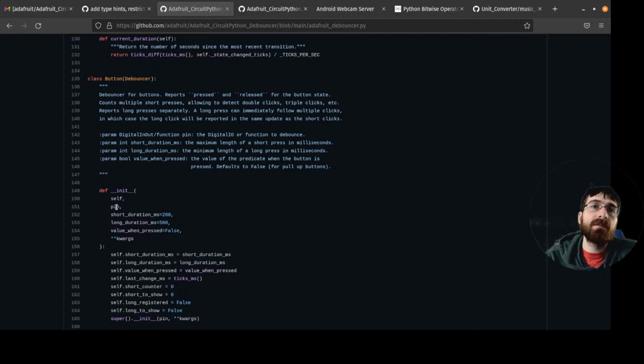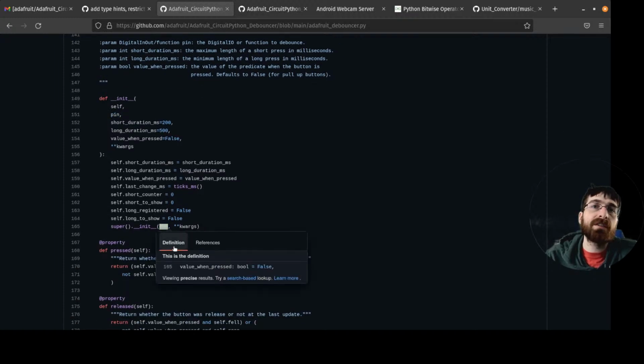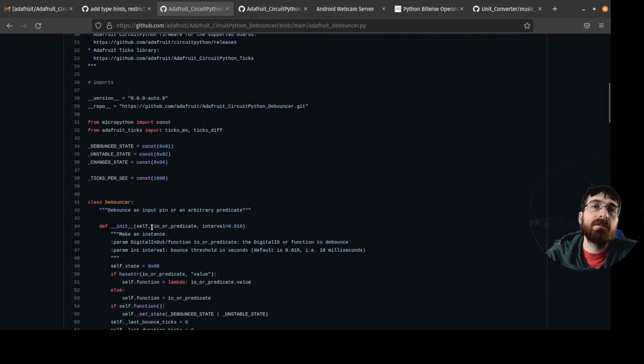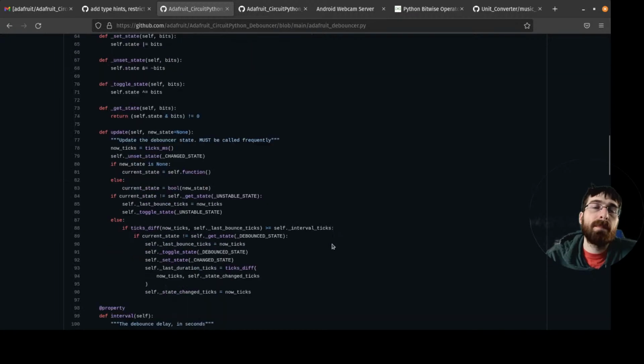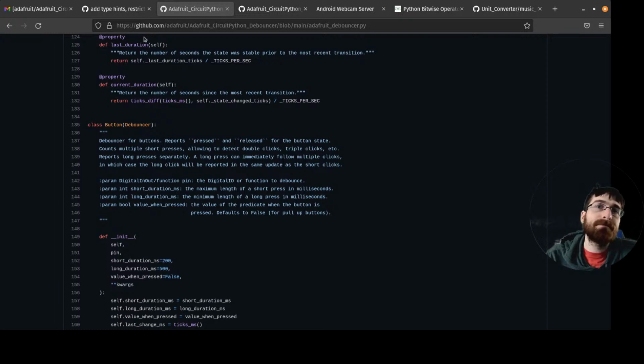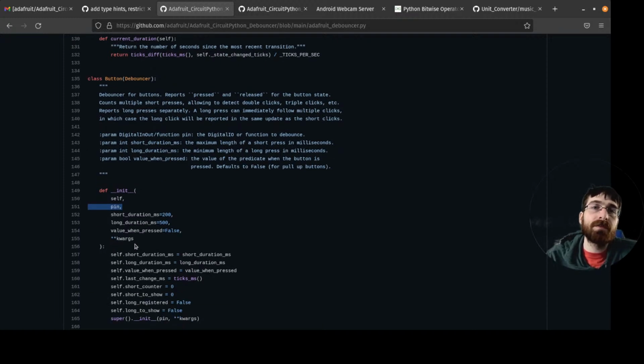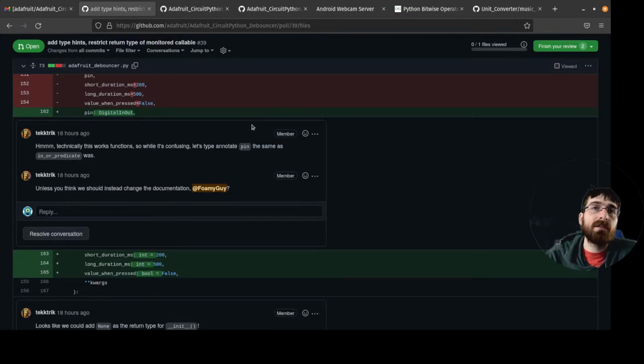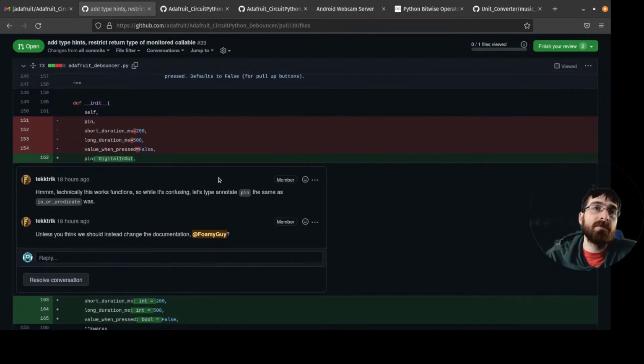We take pin, and we pass pin up as the first argument. We do want to keep it the same, I think. Realistically, this probably should have been called IO or predicate also. I don't know if it's worth changing after the fact, maybe. It's not a keyword arg at least, so it's less likely, hopefully, that folks are calling it by name in their own code.